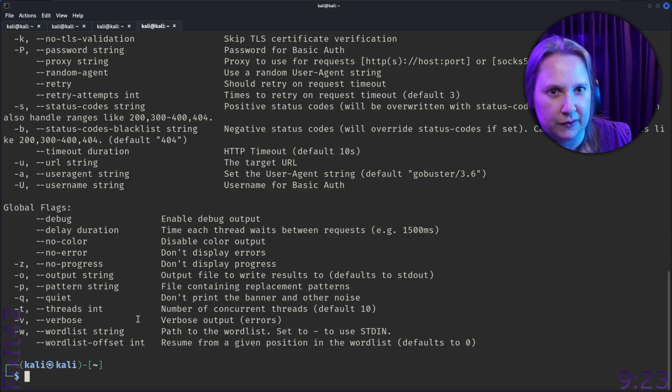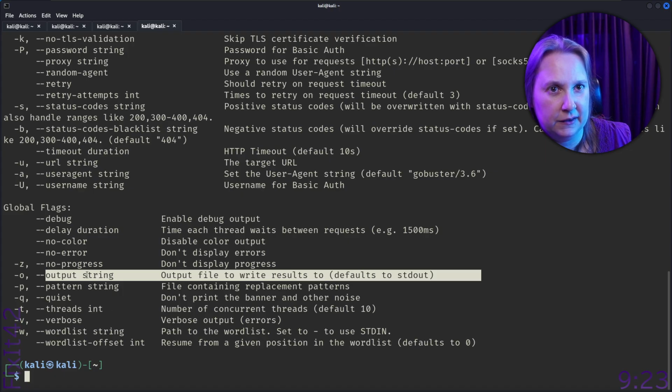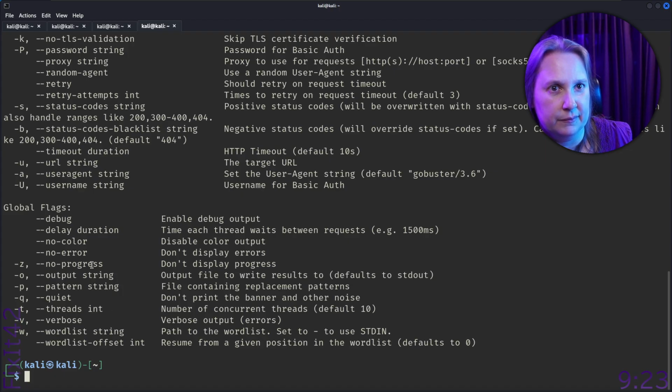So these are the global flags that are the same. Okay, so this is if you want a file. And this is not to get information. Don't print the banner and other stuff, okay?